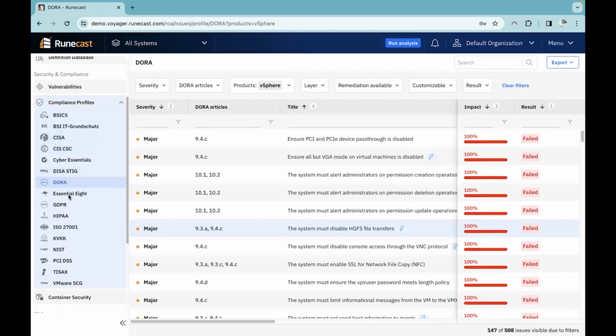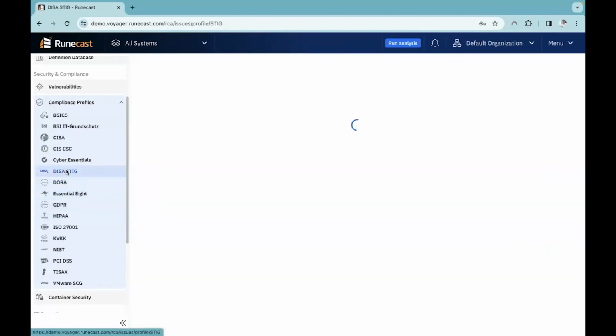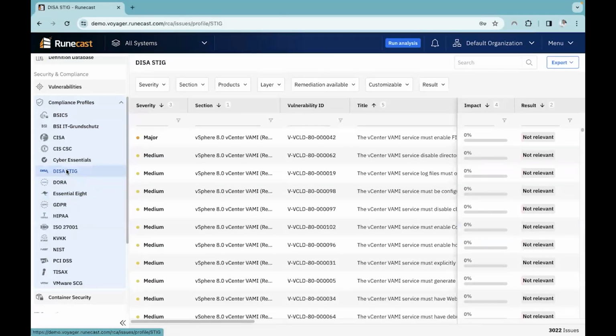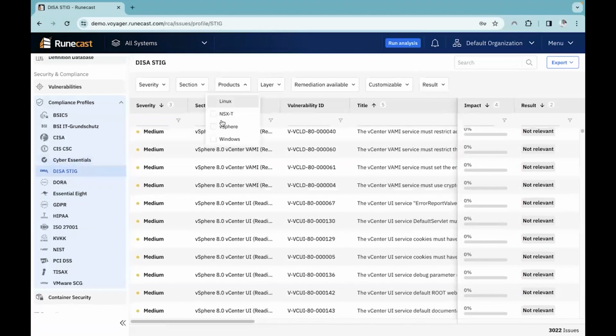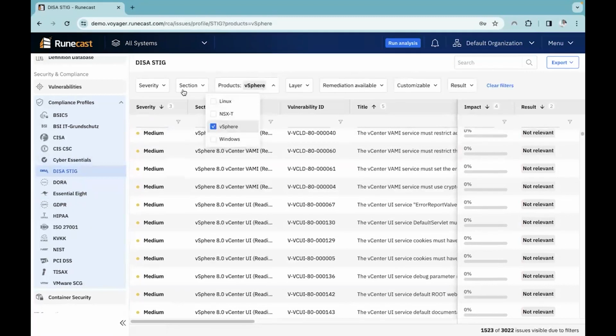Over and above that, we've also introduced the DISA STIG elements that I mentioned in the slide before. So we've just expanded DISA STIG. DISA STIG is one of the most stringent security compliance standards that's out there. Now, obviously, in my environment, I don't have vSphere 8 here, but I can basically choose the product area and